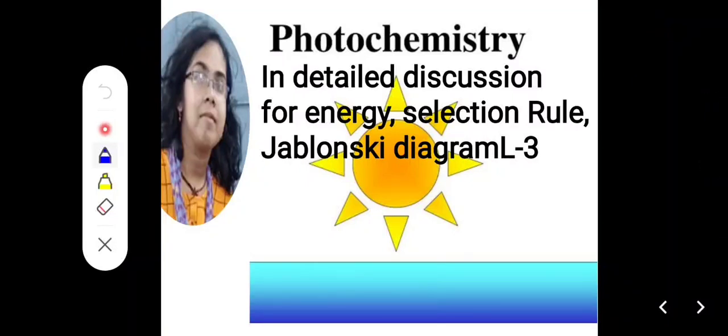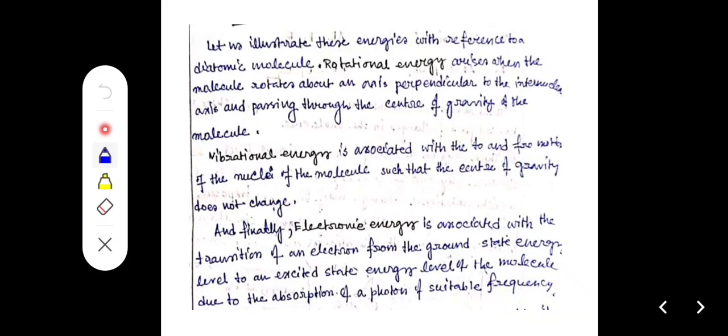Today I explain photochemistry lecture number 3: the concept of energy, the selection rules for transition, the Jablonski diagram and the modified Jablonski diagram. Okay. Now we consider,